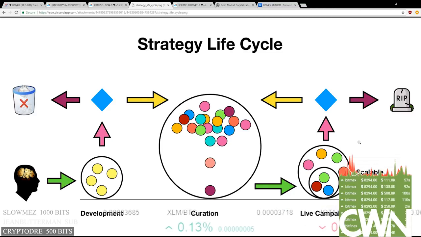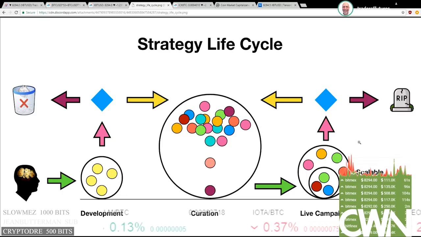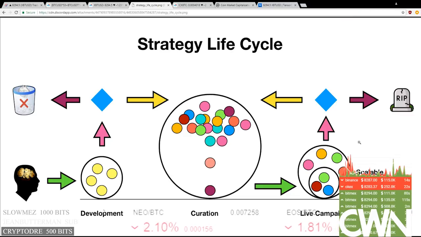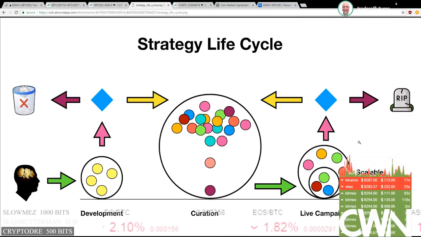And so you're spending that 15% of the time managing your trades, these different strategies. You're spending probably another 15% of your time managing things that you have in curation. And then you spend the rest of the time in development. And that is searching out new strategies, planning out your next campaign, analyzing how your stuff is working now, both in the live campaign and in curation. This is how a pro trades.